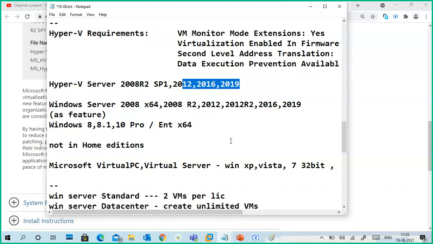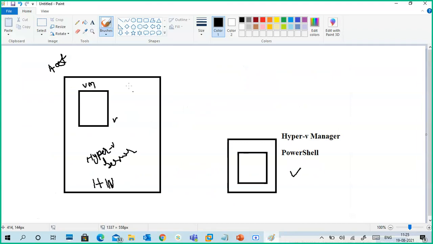Do you understand what is Hyper-V server? It's simply you have a server, a physical machine. In that one, you install a Hyper-V server, just like how you install an operating system. You install it like that only, and we manage it through a remote system, means through the network. We can connect to our Hyper-V server, create virtual machines, and manage the virtual machines.